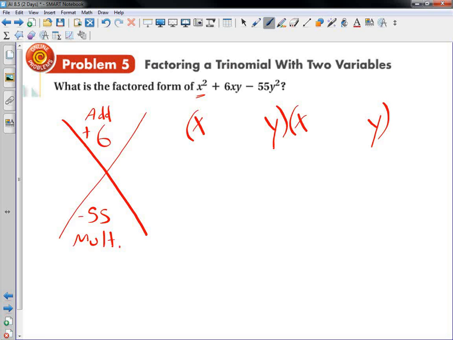So I need two numbers that multiply to get 55, add to get 6. And I think if we do a little bit of thinking, we'll see that 55, not a lot goes into it, but I know 5 does. 5 goes into 55 11 times. Okay. Now, since it's a negative 55, I know one of these two, 5 or 11, has to be negative. I also know that when I add them, it has to equal a positive number. So if it has to equal a positive number, I know that the larger of these two has to be positive. So that means that 11 has to be the positive, 5 has to be the negative. Now, if I plug those in,